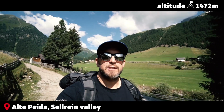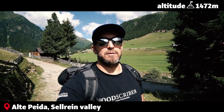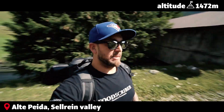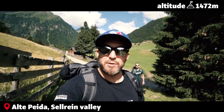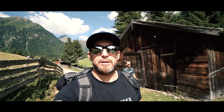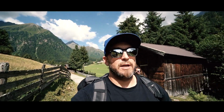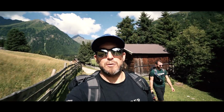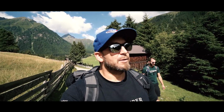Today we're on day 4 of the Innsbruck trek. We're in the beautiful valley of Sellrein, which is right after Kütai. Today is a very long hike, or let's say a very long walk. In total it's about 13 kilometers. We're going to be walking all the way down the valley, getting closer to Innsbruck, and we're going to be